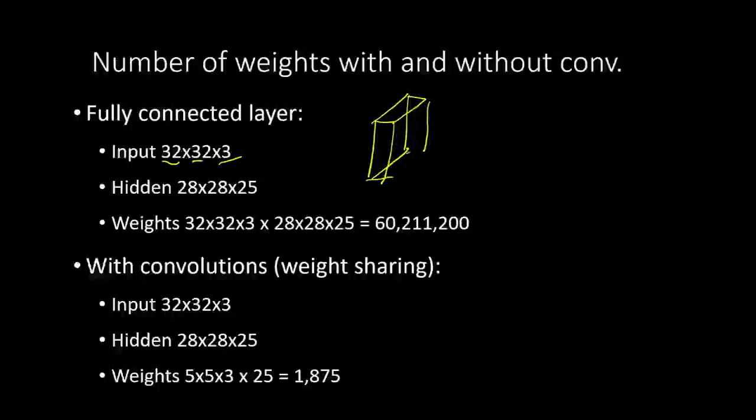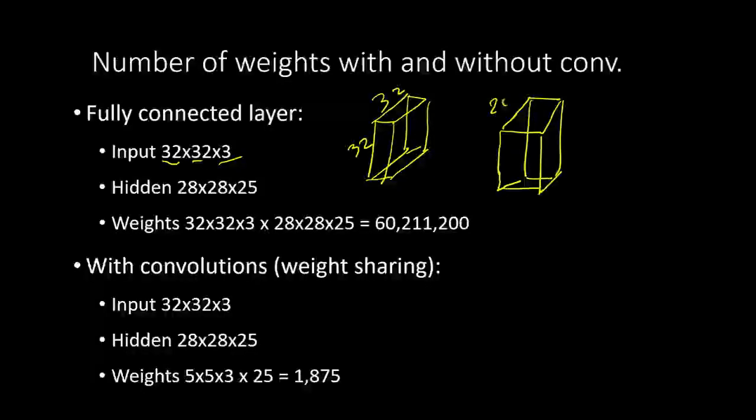Okay. And from these many numbers, we want to detect a feature map, which is slightly smaller because we don't want to go over the edges. So it is of size 28 by 28. So this is 32 by 32, and this is 28 by 28 because we are using a 5 by 5 kernel. But we want to detect 25 such features. So the depth has now increased to 25. The number of channels has increased to 25, whereas originally we had only R, G and B, red, green and blue, 3. So the output of the first layer is 28 by 28 by 25.